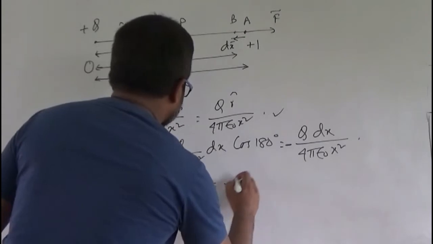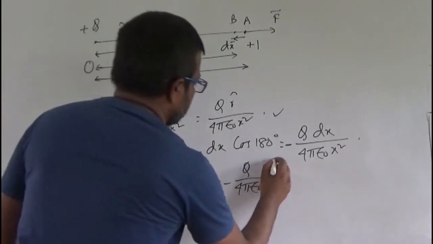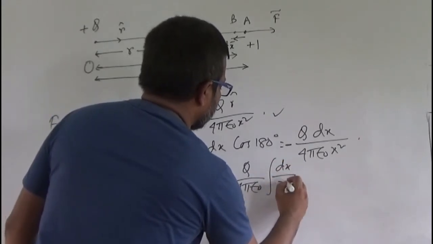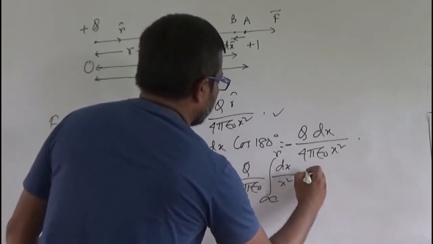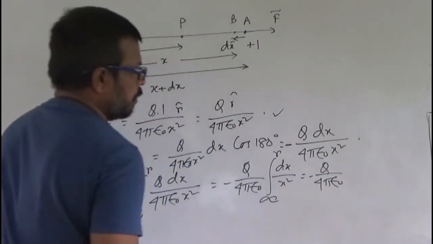Or you can write minus Q divided by 4 pi epsilon naught integration dx by x square from infinity to r. That means Q by 4 pi epsilon naught